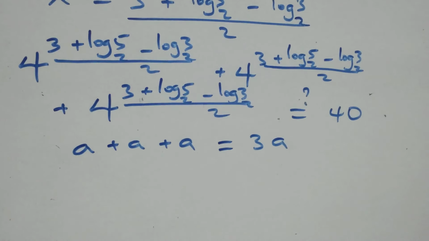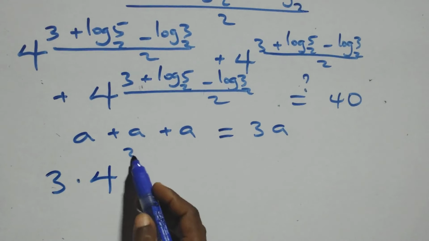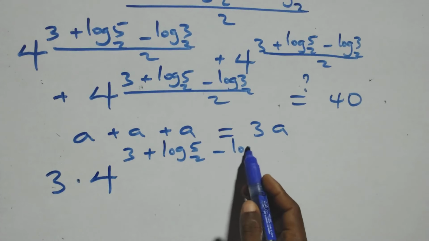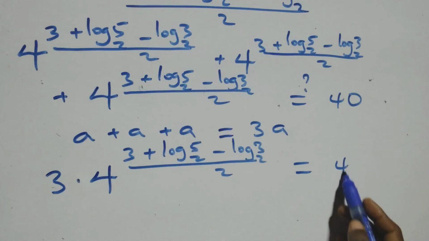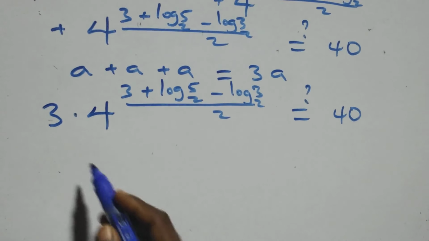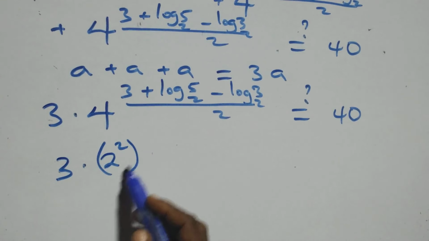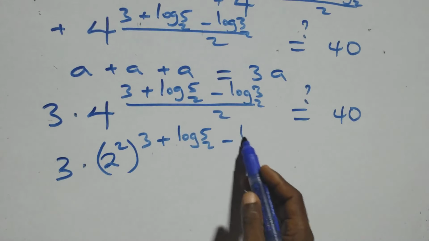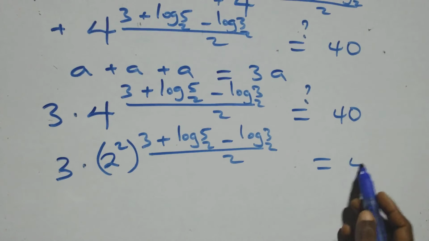And here we can write this as 3 times 4 raised to power 3 plus log 5 base 2 minus log 3 base 2 all over 2. This is equal to 40 on this side. Then here we have 3 times 4 can be written as 2 squared, which is raised to power 3 plus log 5 base 2 minus log 3 base 2 all over 2. Is this equal to 40